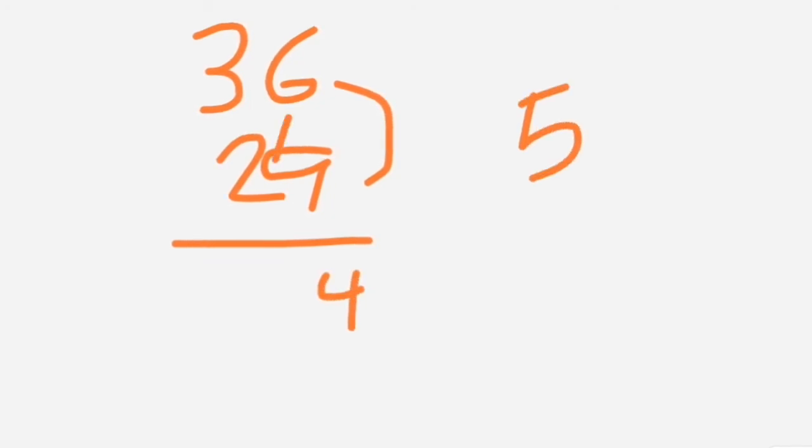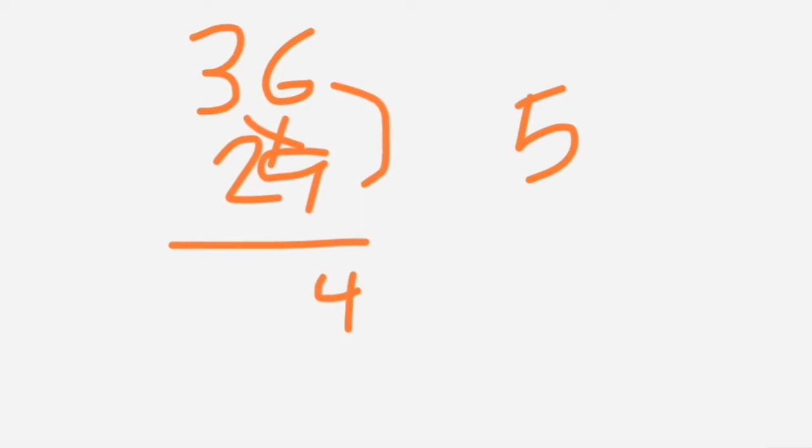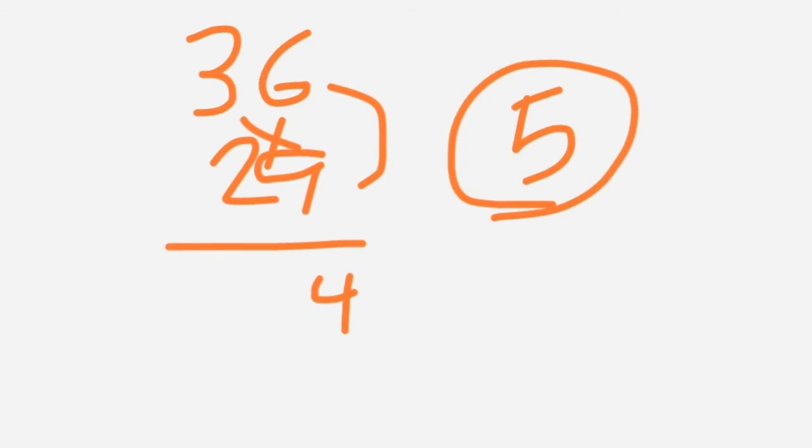Now cross multiply and add the sum. So 6 into 2, 12. 12 plus 3 nines, 27. So 27 plus 12 would be 39. Okay, so 39 plus 5 would be 44. So we are now writing 4 aside.